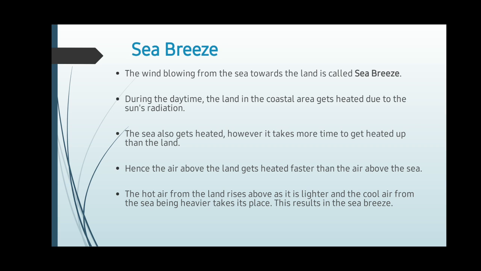The same we have seen in convection. When the sun's temperature is high, both the land and water get heated, but land gets heated faster. So the air becomes warmer and lighter over the land. Above the water, it's not heated as fast, so the air molecules will be quite cool. So the heavier particles will move from the sea towards the land. When the air moves from the sea towards the land, it's known as the sea breeze.